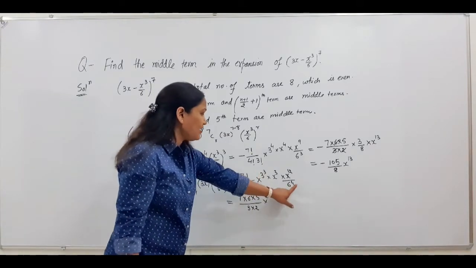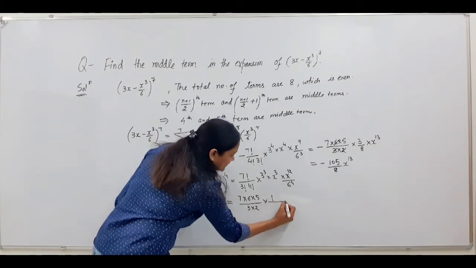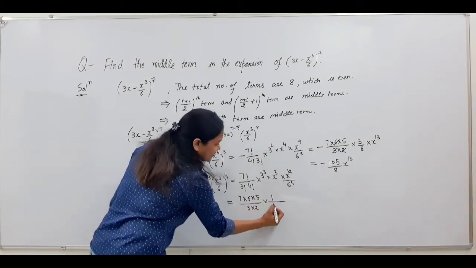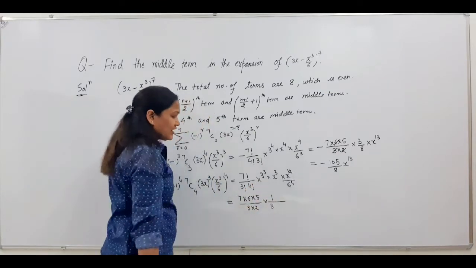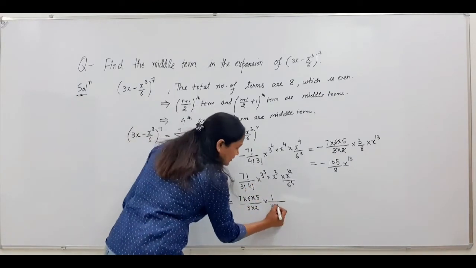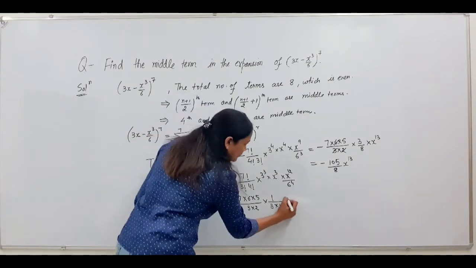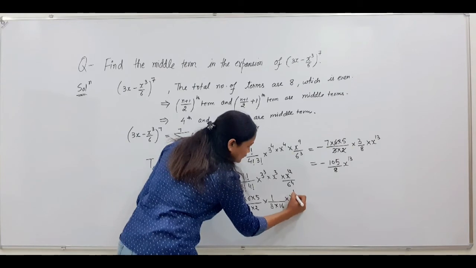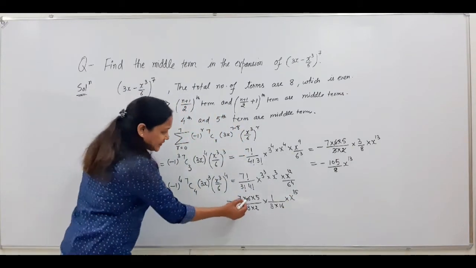So 3 raised to power 4, here from 3 raised to power 4 you will adjust 3 raised to power 3, then you are left with 3 and 2 raised to power 4 it will become 16 into x raised to power 12 plus 3 is 15. Now this will cancel out